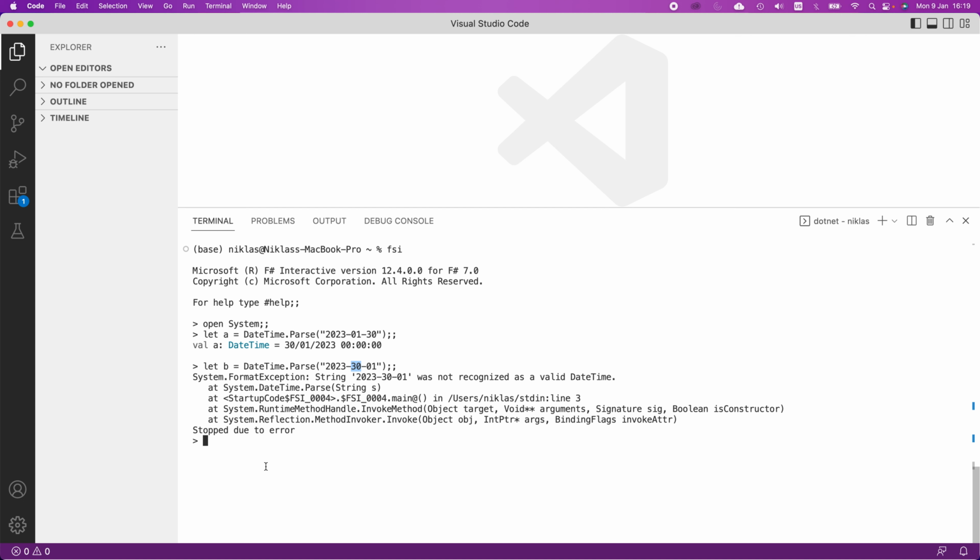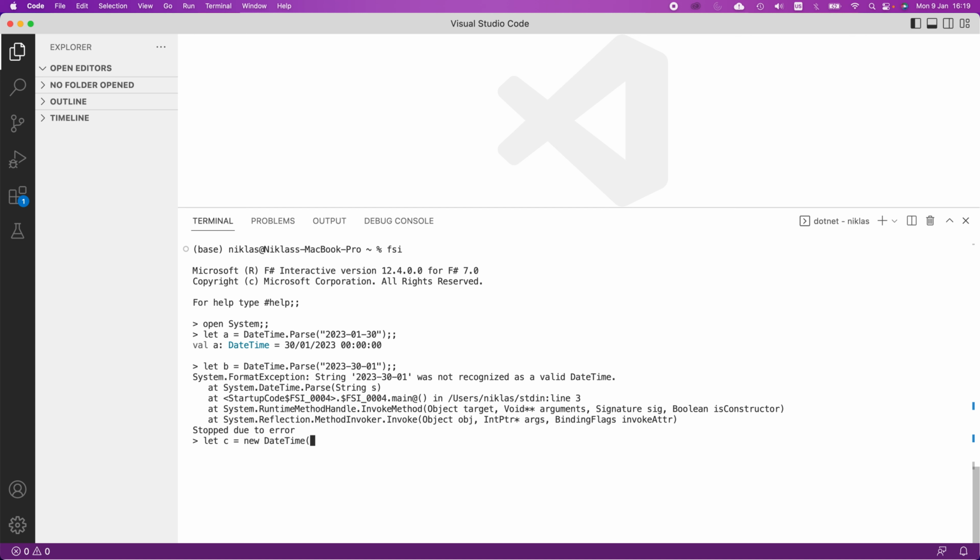And the reason why this is problematic is that which one of these conventions is in place depends on what operating system and what language preferences and so forth you're using. So this is a very unreliable way of actually initiating a DateTime object. What I would recommend everyone do when working with DateTime objects is to initialize them in the following way instead. So let C, in this case, be equal to a new